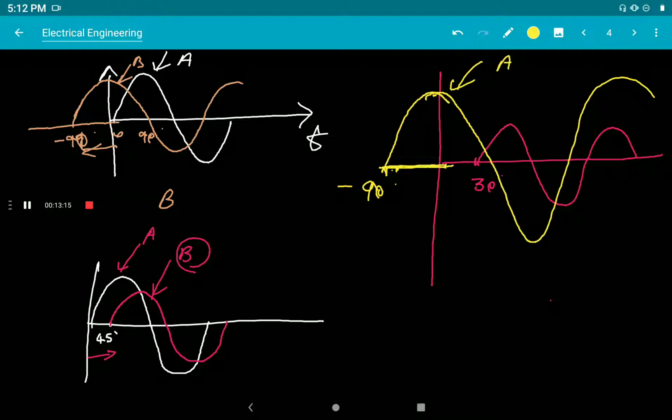This one take it as A and this one take it as B. Waveform B. So here you can see